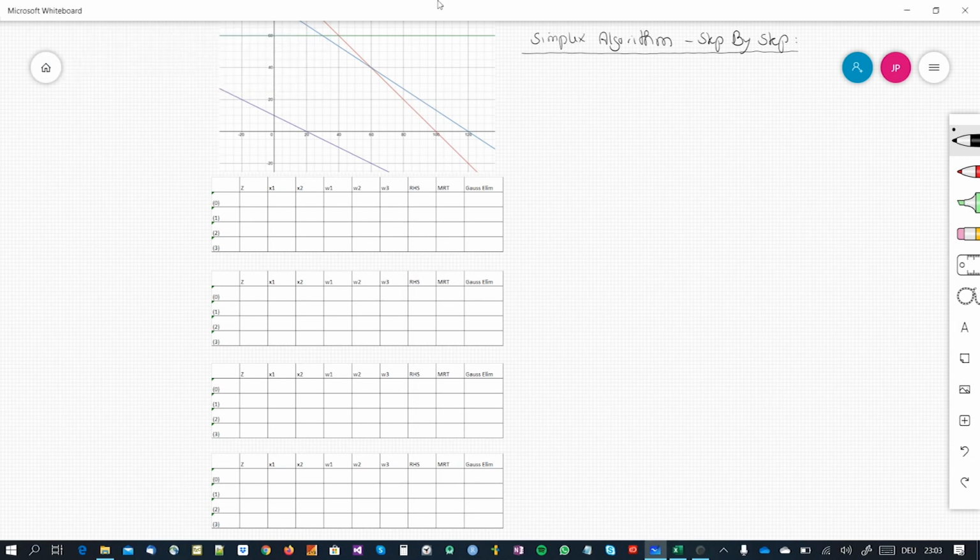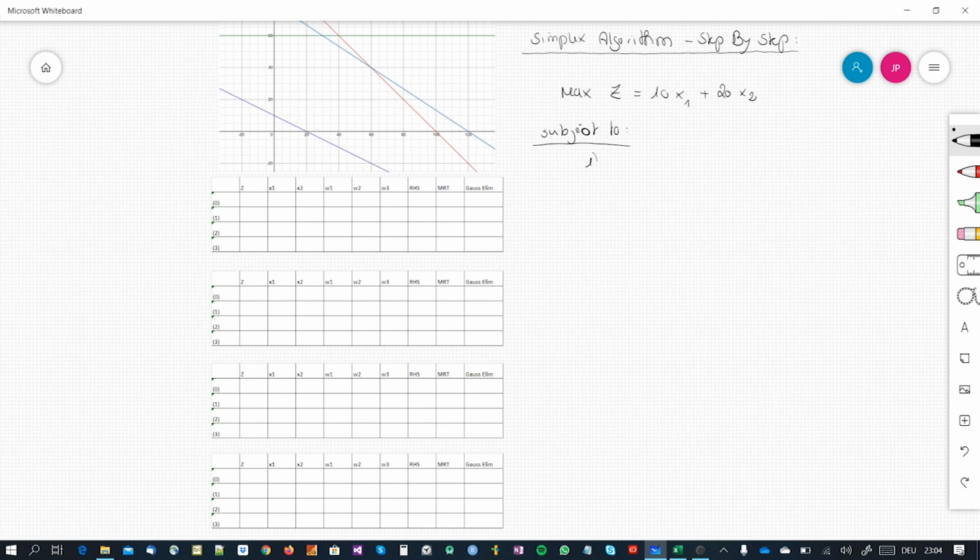In this video, I'm going to explain to you the simplex algorithm step by step by using a small problem with two decision variables that is given as follows. We have a maximization problem, so we have an objective function zeta that equals 10 times a product x1 plus 20 times a product x2 that needs to be maximized. And this is subject to